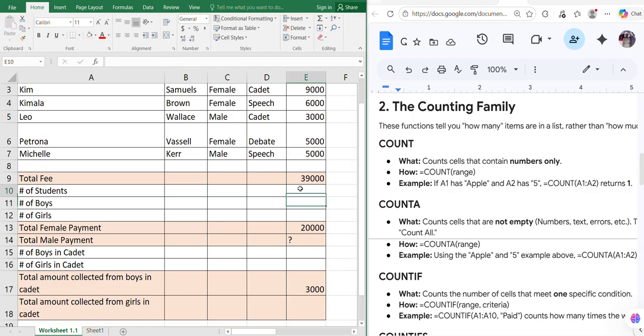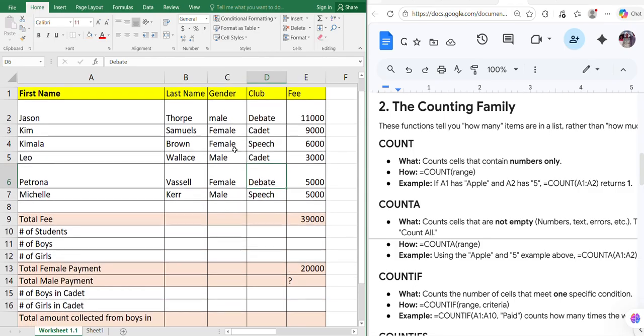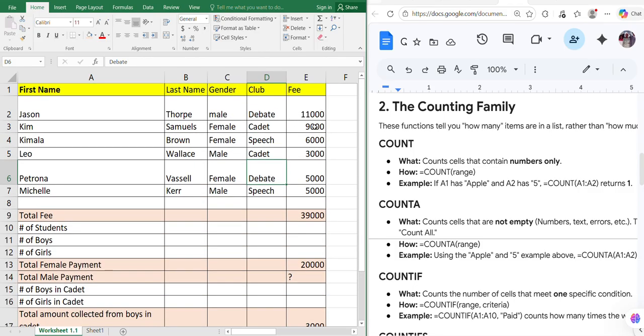So here we want to find the number of students. We want to count how many students we have in the spreadsheet. Because it's a small amount we can actually look at it and know, but imagine it was a very big spreadsheet. So we have about 6 persons here. So if we say equal COUNT,